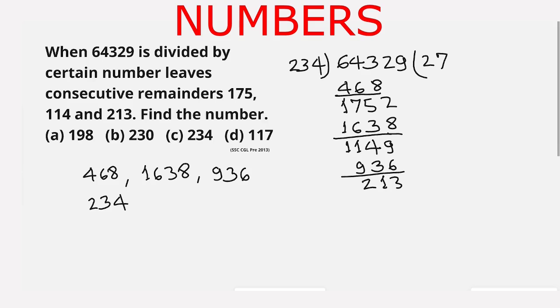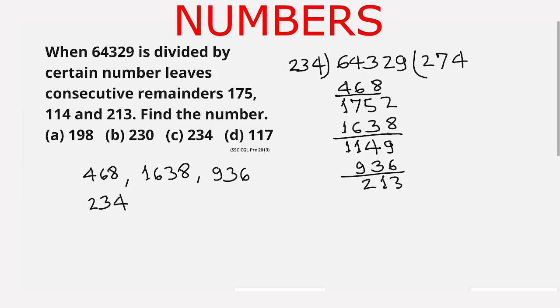We write 3 and carry 2. And 7 times 2 is 14. 14 plus 2 is 16. So 1638. And 1638 when subtracted from 1752 leaves remainder 114. We carry 9 from the given number, and